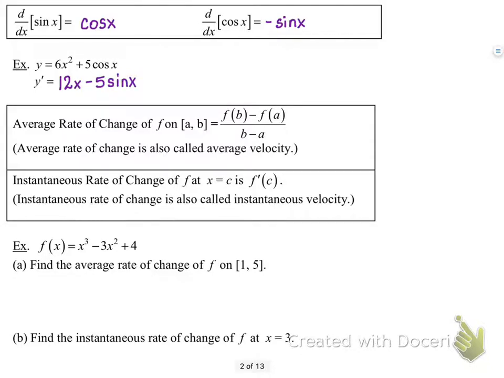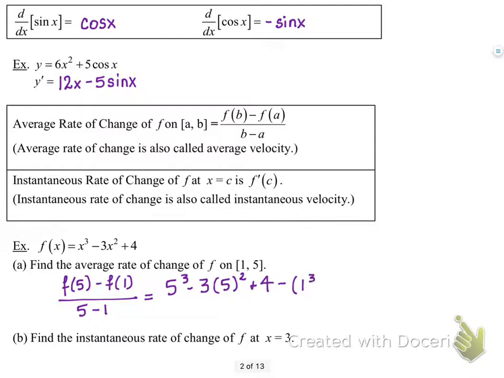So when we find the average rate of change of f on the interval from 1 to 5, we just use our good old algebra slope formula, f of 5 minus f of 1 all over 5 minus 1, and we get 5 cubed minus 3 times 5 squared plus 4 minus 1 cubed minus 3 times 1 squared plus 4, all over 4,